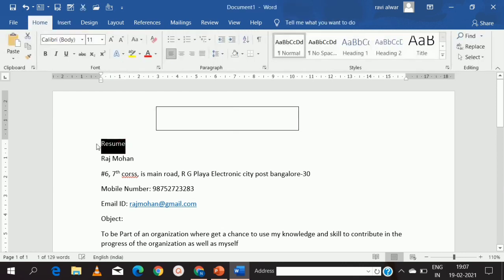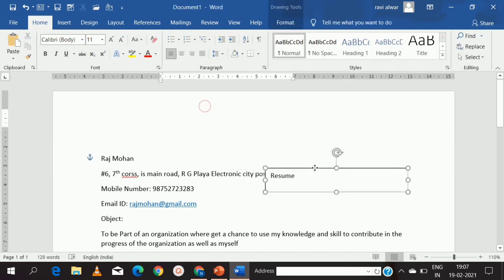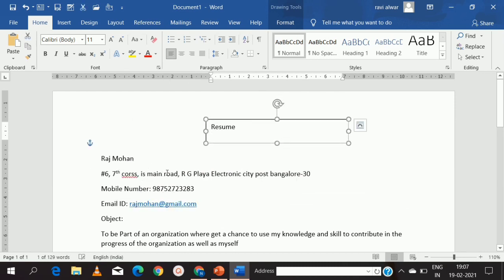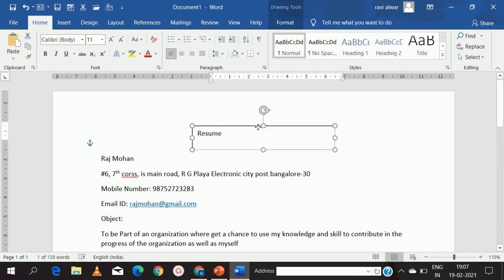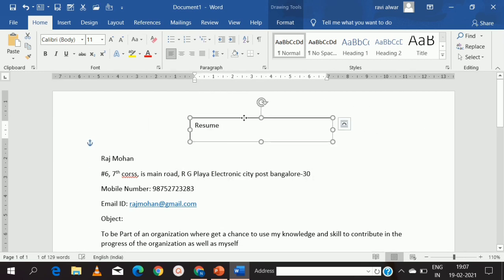The advantage of this text box is you can move the text wherever you want, and you can format it how you do for normal text. The major advantage is you can move the text according to your wish.